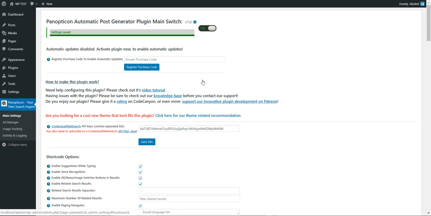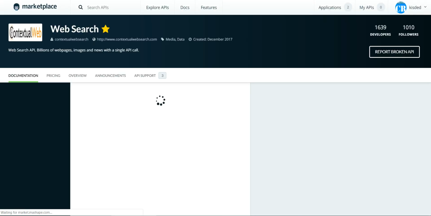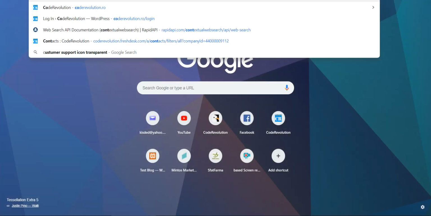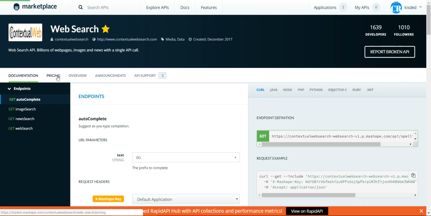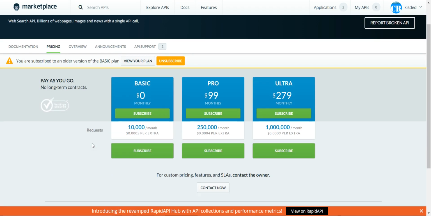Hello, I just wanted to let you know that the Contextual Web Search API has changed recently. If you go to their website, you will see that they no longer advertise their services as completely free. Here it was that the API is completely free. It is no longer fully free, but they still have a free plan, though starting now they will limit